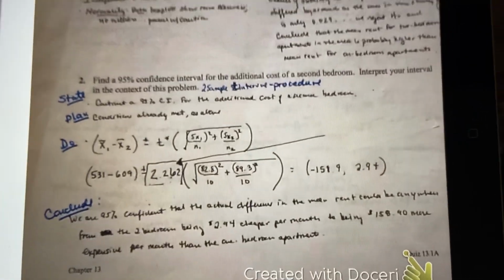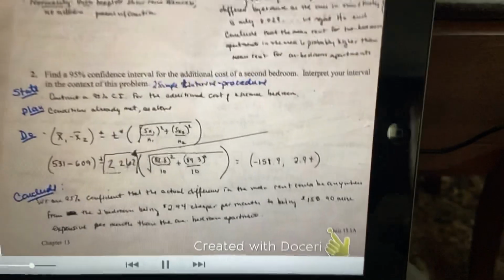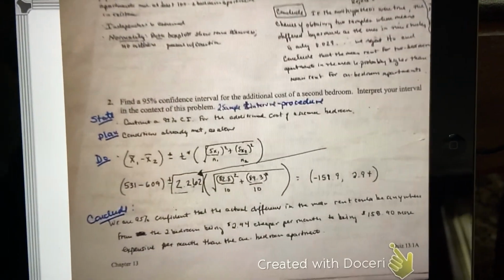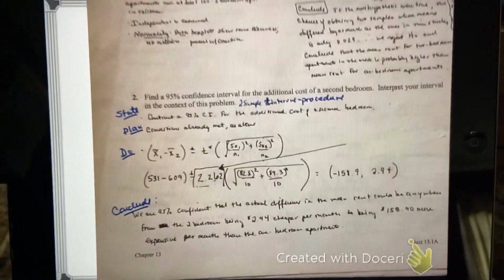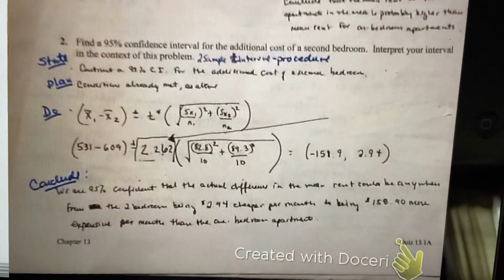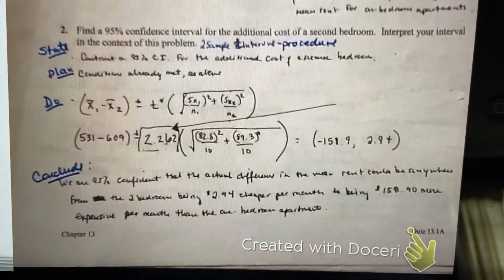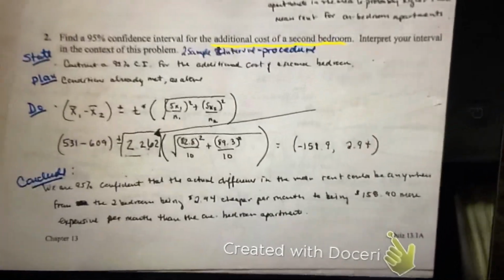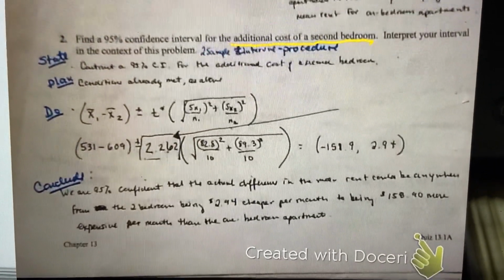Okay, moving on to the confidence interval. Just highlighting a few things. You have most of this. The procedure is called a 2-sample T interval. And in our stating, we're just addressing what we're actually finding here. And so confidence interval for the additional cost. I'm using the stem of the question to help me address that